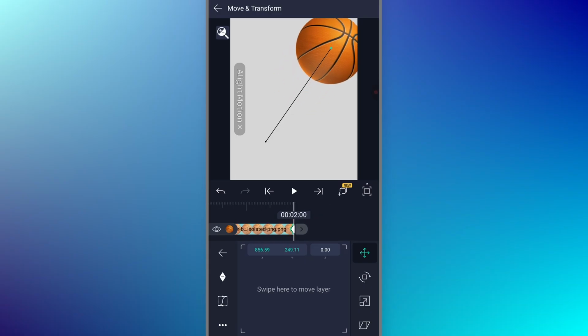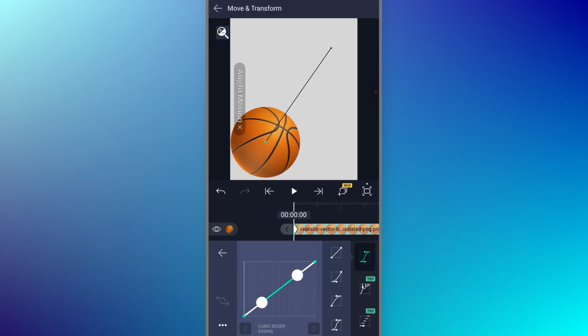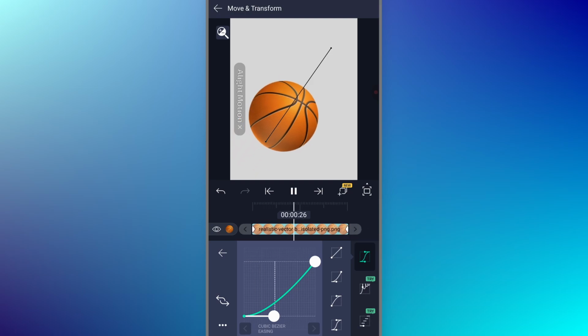And to ease that in or to make that animation smoother, we just need to go to the start of our clip and then tap on this ease icon from the bottom. Once we tap on it, from here you will see a bunch of ease options. So basically what it will do is it will make your animation smoother, and you can also adjust these handles to make your animation according to you. I just want to go with this one, and if I play my clip, you can see the basketball is